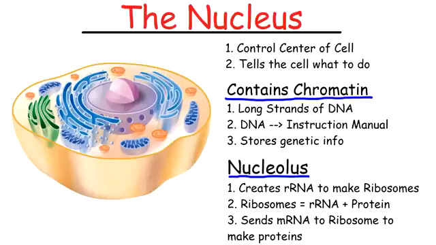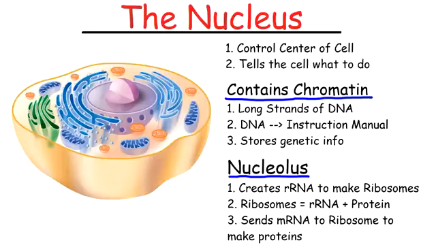In this video, we're going to do a basic review of the cell and the things inside of the cell, like the organelles, the tiny organs of the cell. So first we have the nucleus, which is right there. And the nucleus is basically the command and control center of the cell. It tells the cell what to do, how to grow, what proteins to make, what lipids to produce, and things